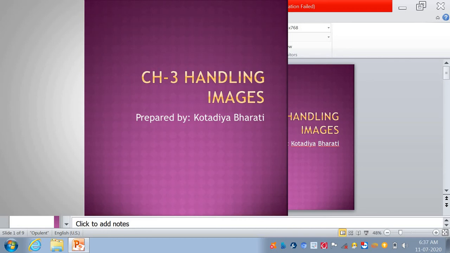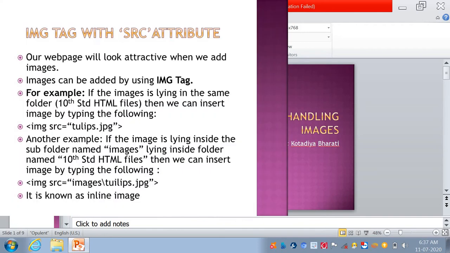If a web page shows a picture, the user will immediately pay attention to it. It means if in your web page we put any image, the user will immediately pay attention to the web page. Further, it is to observe that pictures increase the degree of understanding and acceptance in general. Images are added to a web page using the image tag.